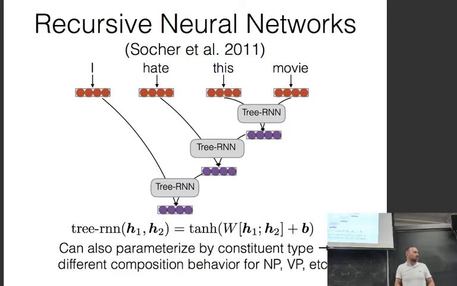You could also do something like parameterize by the constituent type. So you might have different composition behavior for the noun phrase or the verb phrase, for example. So we might make this W a W specifically for noun phrases, a W specifically for verb phrases, or whatever. And that could allow us to do things like: for noun phrases, we know the head is usually going to be on the right, so we want to consider the stuff on the right more. Verb phrases, the head is usually going to be on the left, so we want to consider the stuff on the left more, for